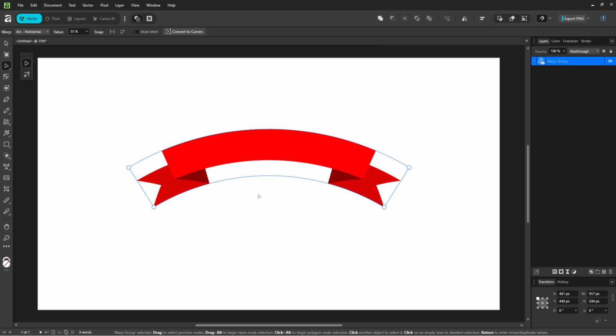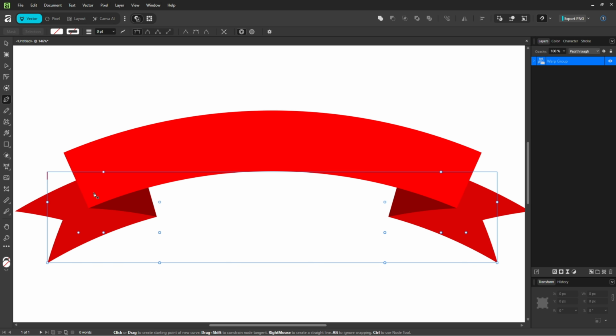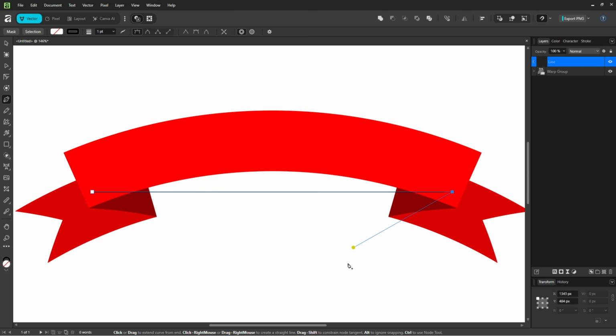Now I want to add some text onto the ribbon. I'll grab the pen tool. Let me zoom in so we can see better. Then I'll click here to add a node, hold Shift to get a straight line, and click here. Then I'll press Escape. Next, I'll select the Node tool,